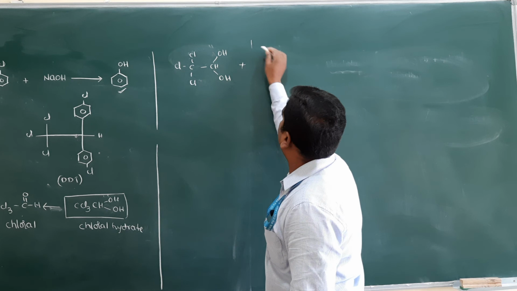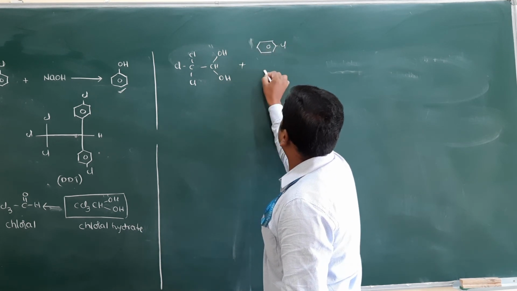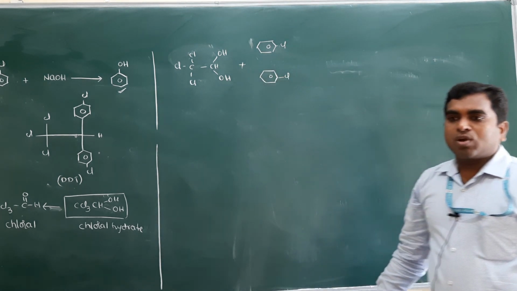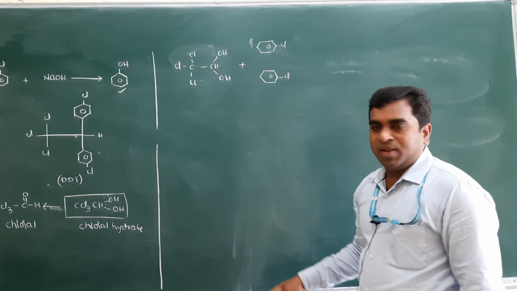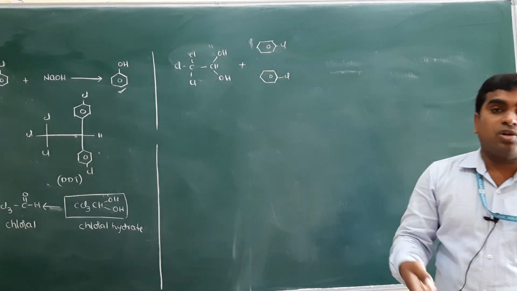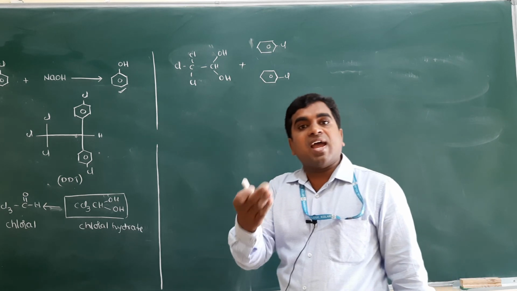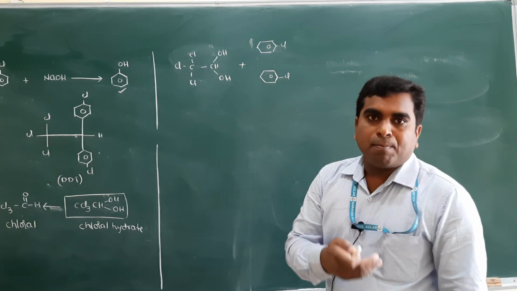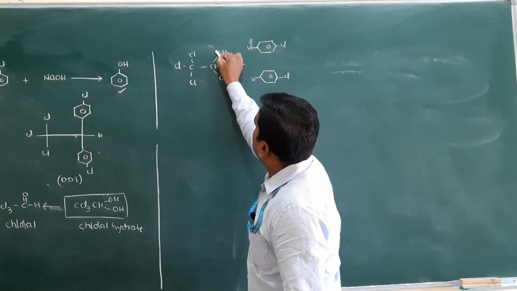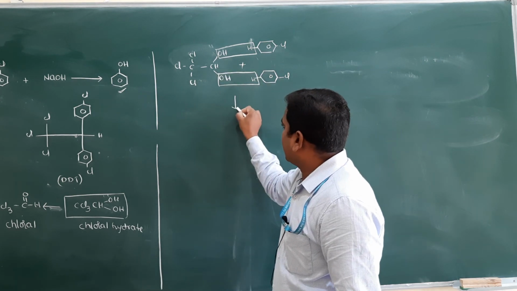When it is treated with 2 moles of chlorobenzene, you know that whenever chlorobenzene reacts, the reaction takes place either at the ortho position or para position, but ortho compounds are somewhat unstable, so para is major and ortho is minor. So the reaction takes place at the para position, and H and OH will be removed, and here H and OH will be removed. Then what product will you get?